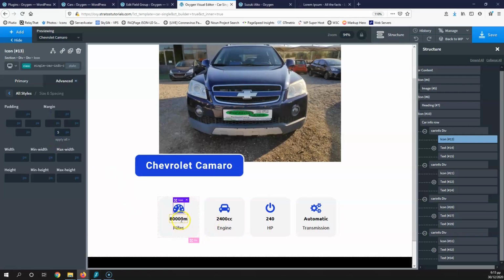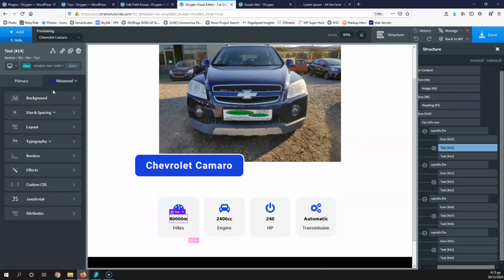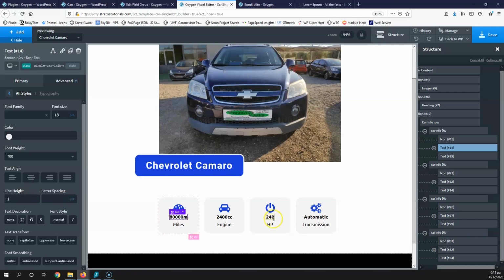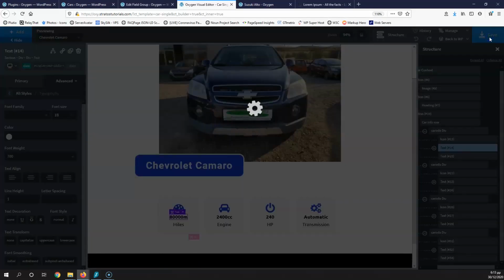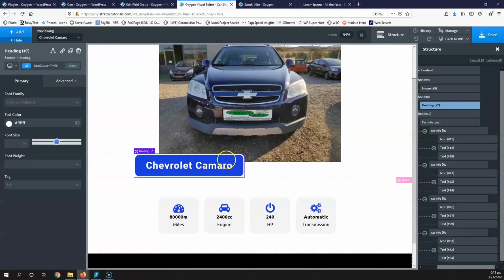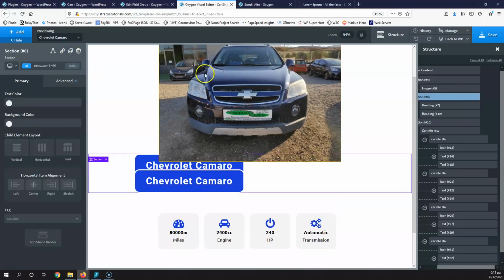Okay, now in case you're wondering why I don't have the equal spaces, because this has a line height also, so I have to go into the font layout typography, and here for the line height I should go and put here 1, so it will go and remove all the space around the text. Let's save that, and I'm going to put the price next to the title, and I'm going to put it with the same layout. So I'm going here and duplicate that, the heading, duplicate that, go into the section, and